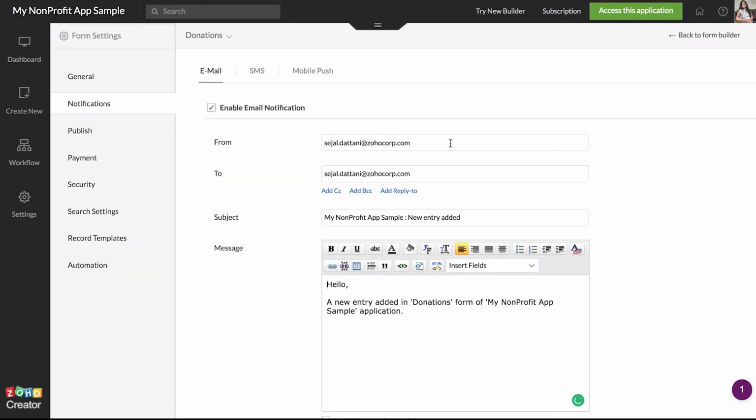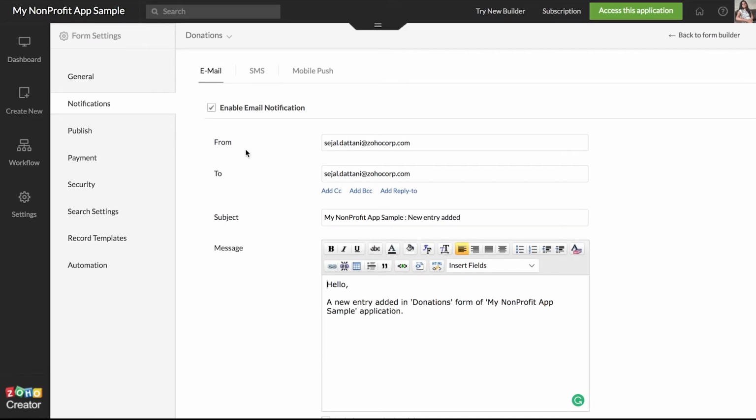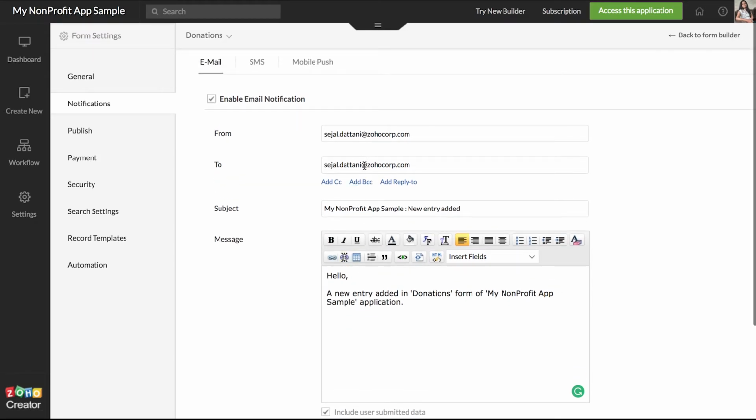So once you do that, another window gets displayed here. Creator gives you the option of sending 3 types of notifications, that is email, SMS and push notifications on your mobile. You can enable the email notification. It has already been enabled here. So as in any normal email that we send in our day-to-day life, we have 4 fields here, that is the from field, to field, the subject line and finally the message. So let's configure the right fields so that our donors will receive this acknowledgement once they make the contribution.